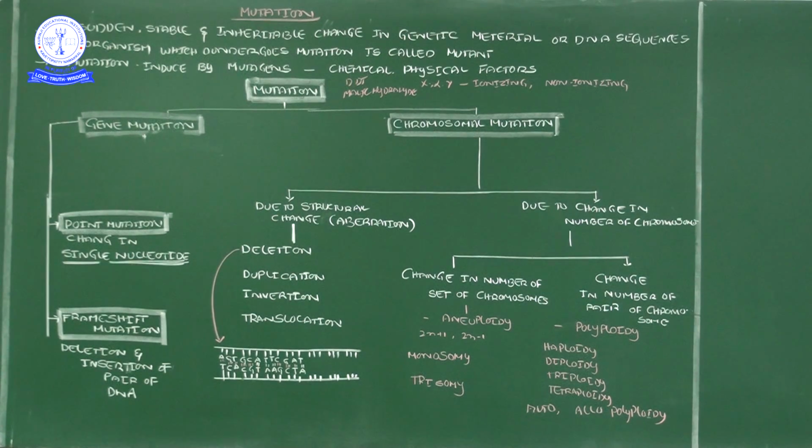So here what I am telling you: mutation is defined as a sudden and stable change. For example, take Hrithik Roshan's sixth finger. That sixth finger is a sudden appearance in his body. By birth he got that one, but his forefathers didn't have it. And then it is stable. Lifelong he has maintained that sixth finger.